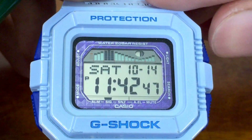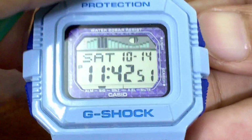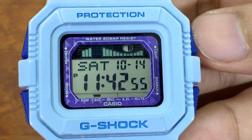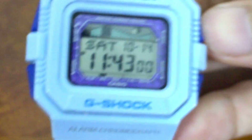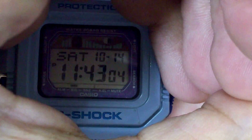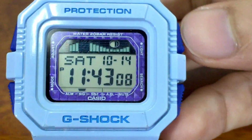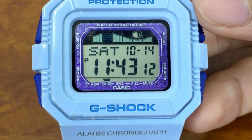Now if I press this upper right button, which is the light button, of course it will glow the EL on this piece, which is in green colorway. I am in a very well lit room, so it's pretty hard to see the light. Let me cover it up just a little bit for you guys to be able to see it better. And there it is in green color. You can see everything all the way to the moon face as well. You can check my review video about this model to learn more,